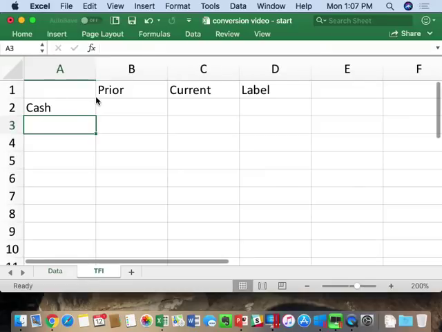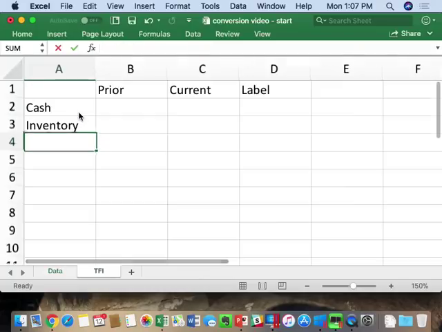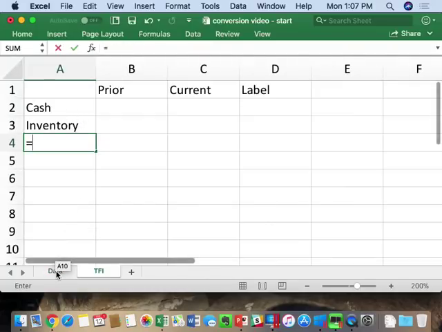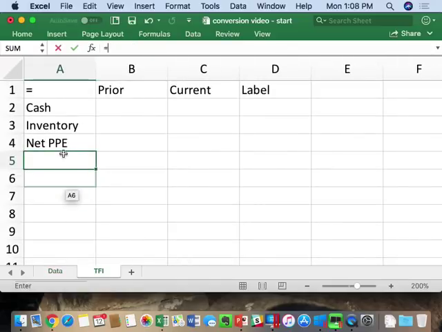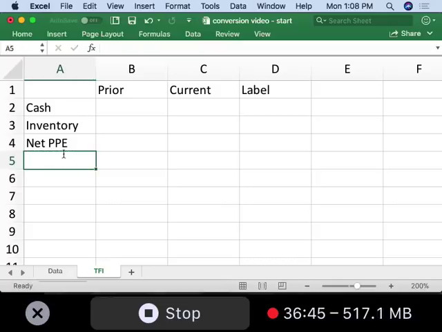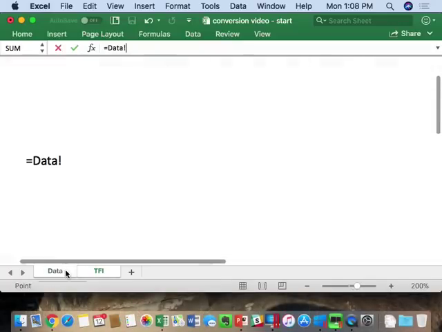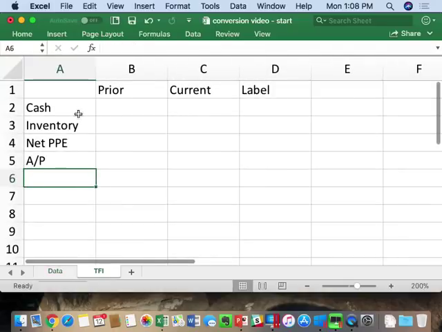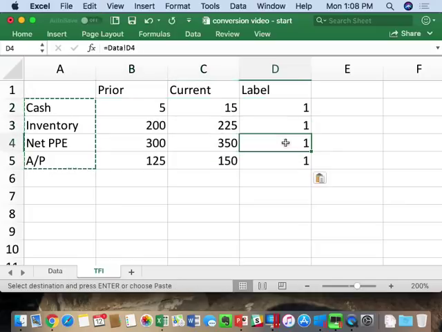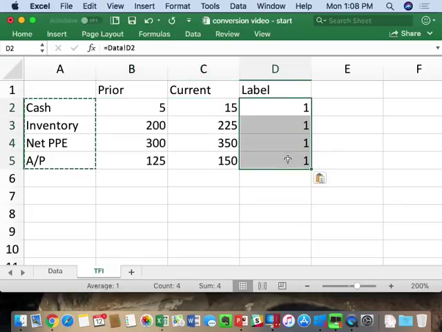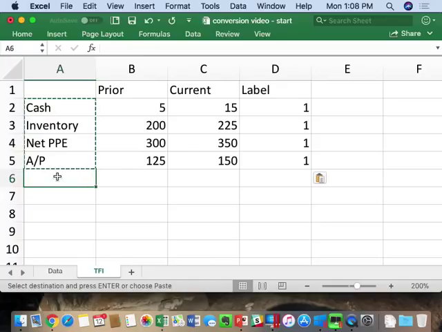So cash, inventory, PP&E, and liability ones equals accounts payable. Notice how all my ones are together. All right, and this is the other reason why labels are helpful, because it shows I put all my operating items together. Okay, so what is my, in this case,